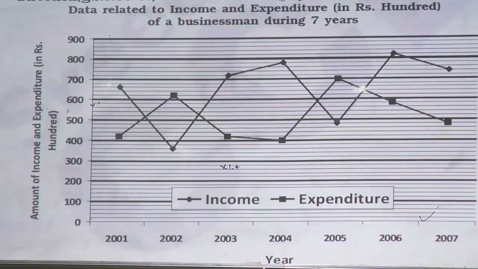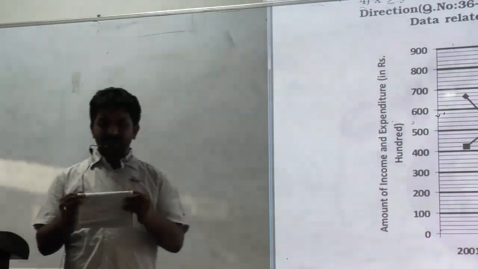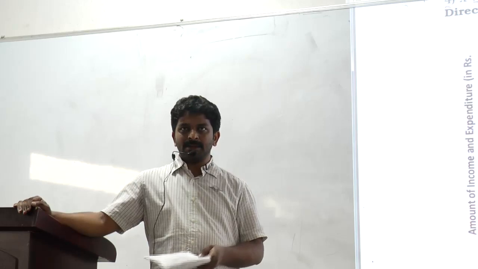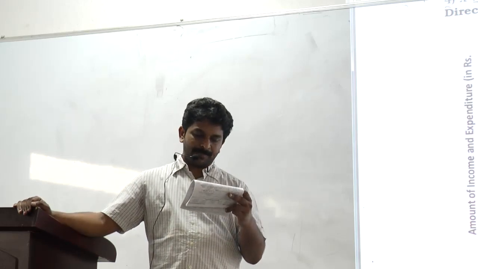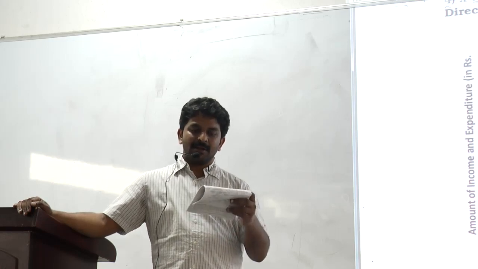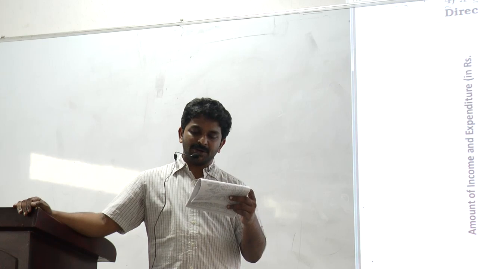Data related to income and expenditure of a businessman during 7 years, 2001 to 2007. Income and then expenditure. Okay. So income is like selling price, expenditure is cost price. Now 36. What is the respective ratio between